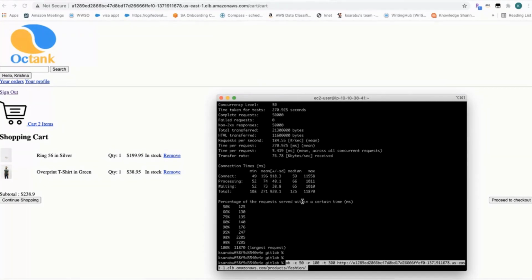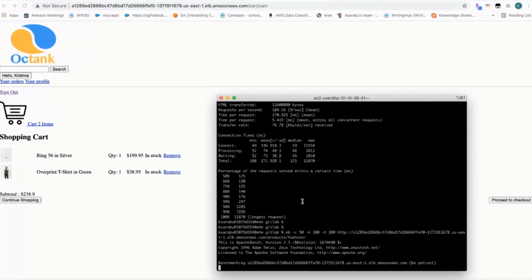And it's going to execute this particular URL, which is going after our website and looking into the fashion category in the product section. Once we run it, this is going to put a huge load on our website. While it is running, what we'll do is